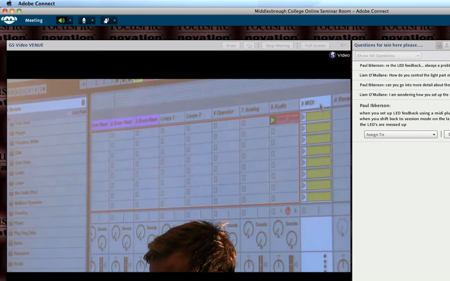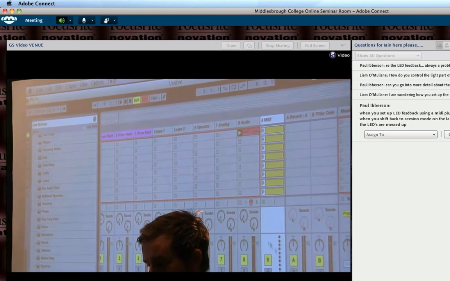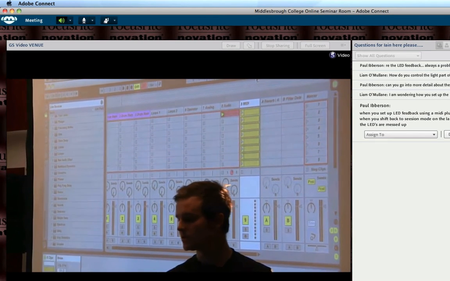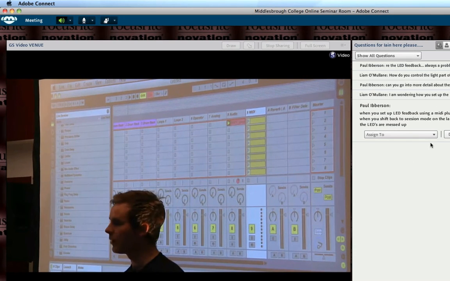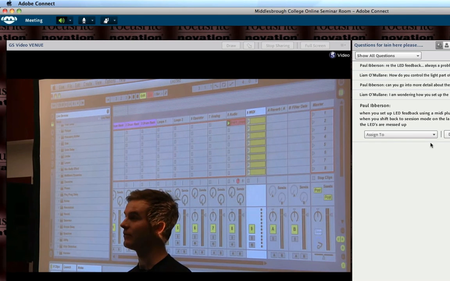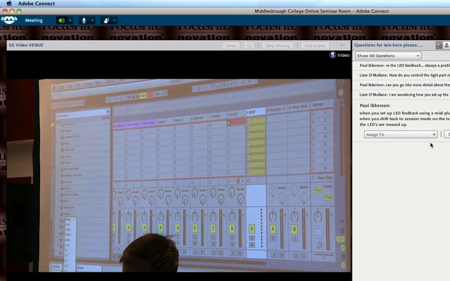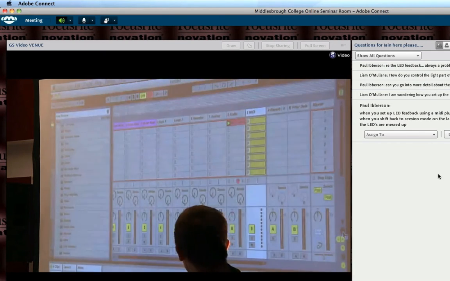And then at this stage, the only last thing that I need to do is set these clips to a quantized value of none, because obviously if I want the lights to update to me as I'm controlling this filter, I don't want every pad to wait for the first beat of the bar, because it just wouldn't work. So what we're going to do is set all of those clips to none, and then we go to my input and output preferences, which is just on the right hand side here, and